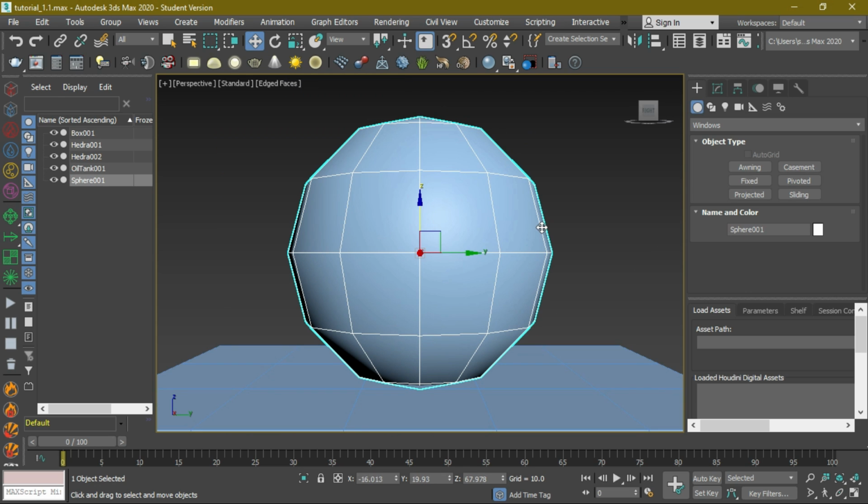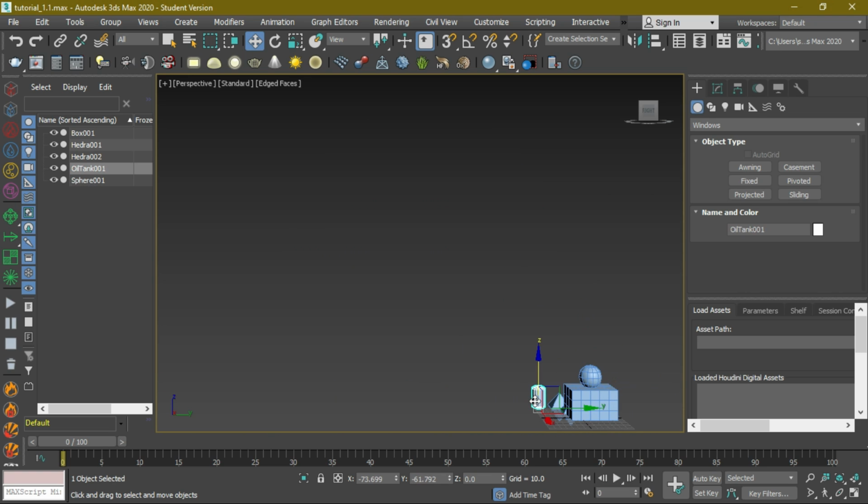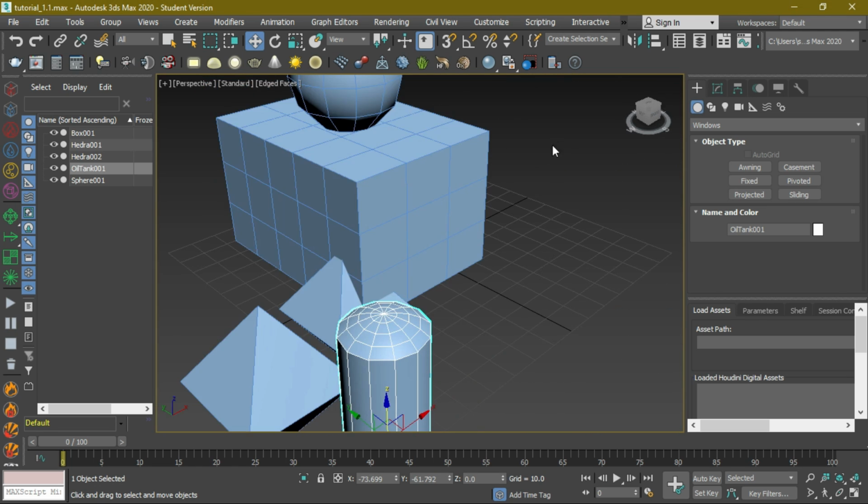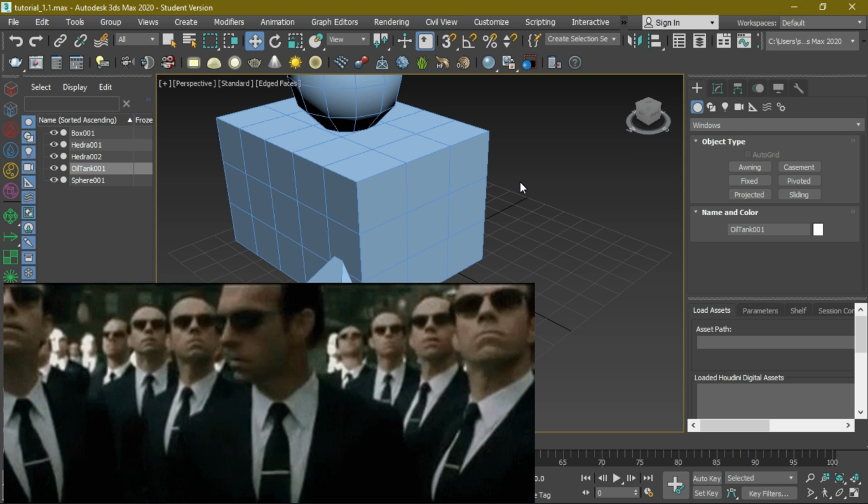So one more thing, if you want to focus on an object while working on different objects, you can press Z. Let's say I have selected the oil tank, so press Z. Yeah, it is now in focus, so you can work with this more effectively. So now that we have learned about aligning, let's check how we can clone objects or create object arrays.